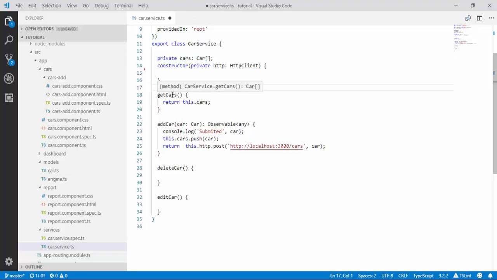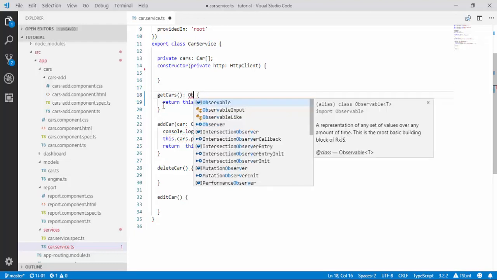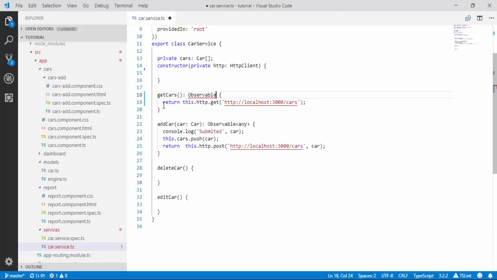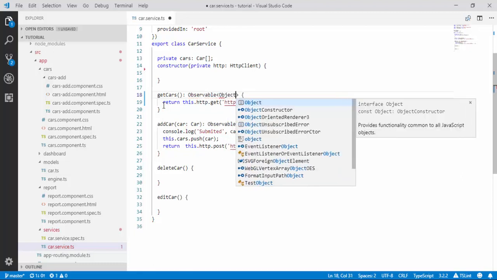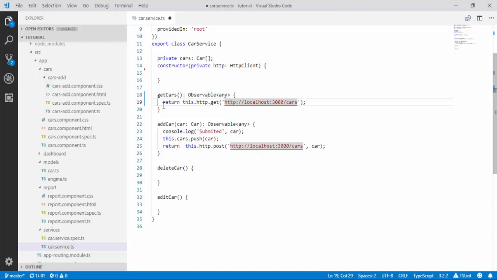So obviously we have a method of get cars. So this one is gonna be HTTP get. So this will return an observable, so we can actually type it if we want again. So here we can say either object or any, doesn't matter. We can move on in our